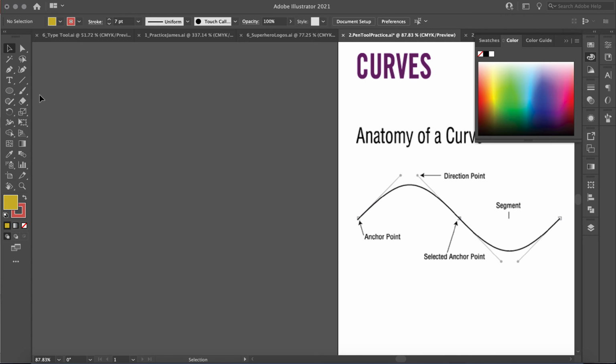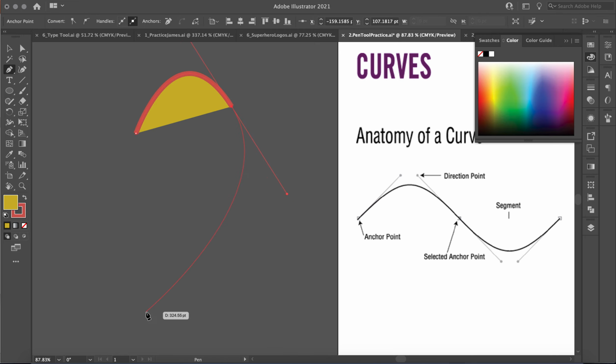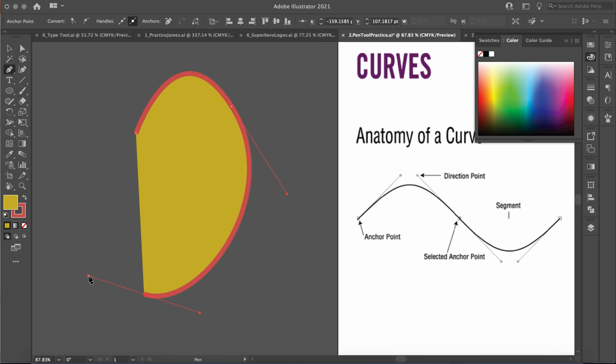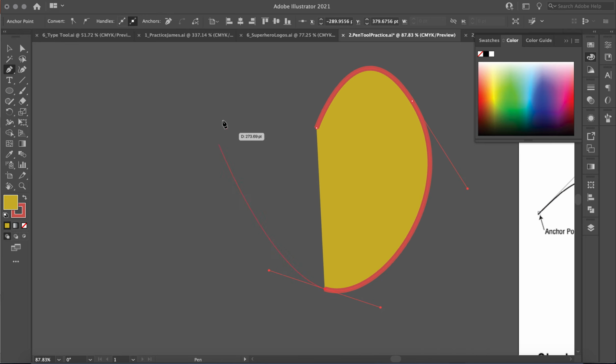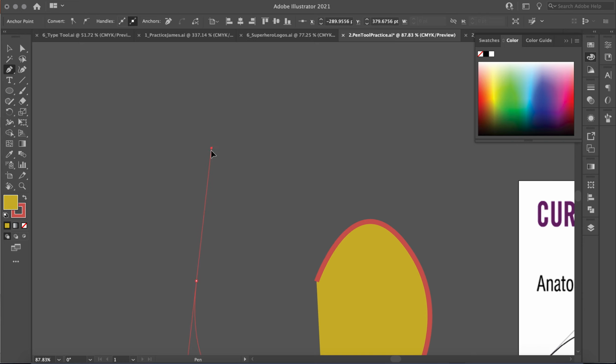Now the other thing that I can do with the pen tool is I can draw curves. So if I click once, I can make my anchor point. If I click and hold my mouse button down, I can make a curve. And depending on which direction and how far I pull on these handles, I can make a curve. So now if I want to go around something like that, I can do something like that. So let's say this starts to look kind of like a heart. Let's say I want to make a heart shape. I can click and pull,